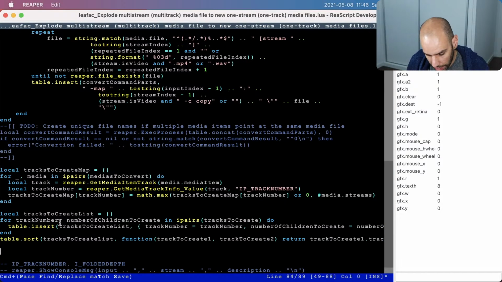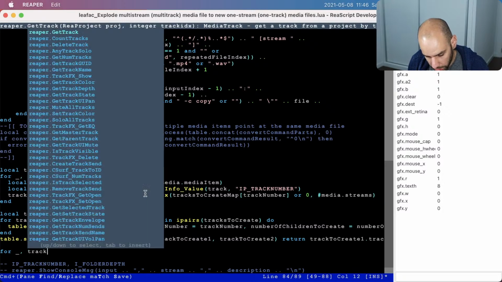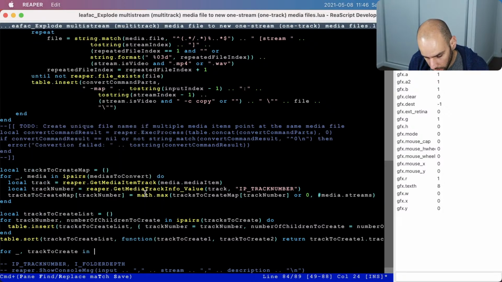And this is getting out of hand, so I'm going to write a loop of track to create in ipairs of tracks to create list